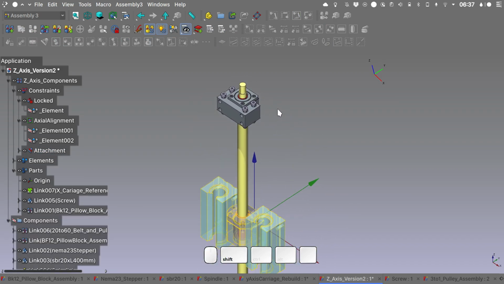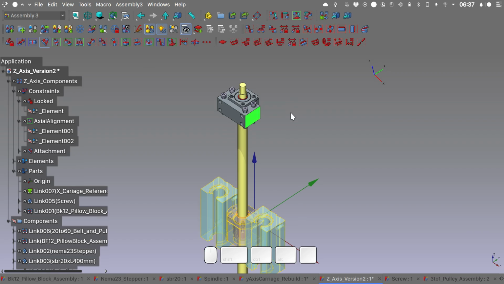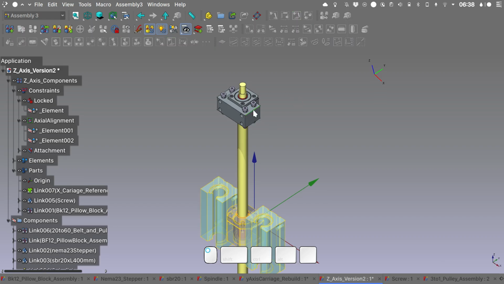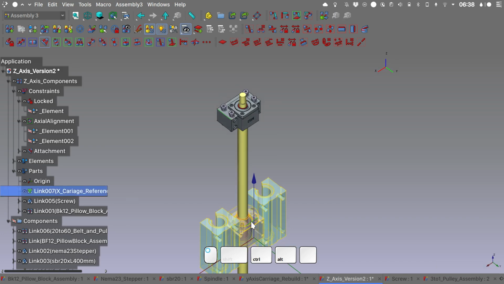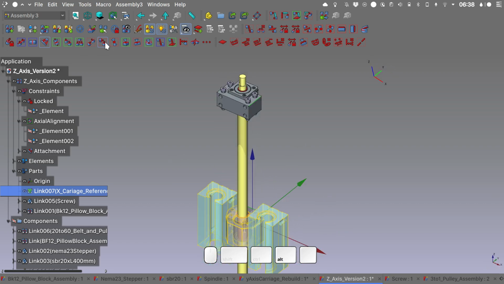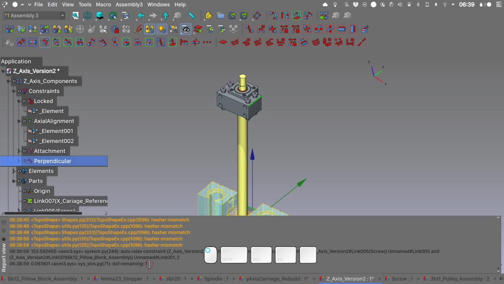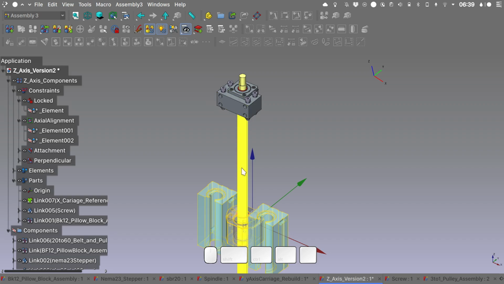Because I know that I want my pillow block to stay in place and not rotate into the assembly, I will apply to it a constraint that will remove its rotational degree of freedom. So to do this, I will select this edge on the pillow block and perhaps this edge on the SubshapeBinder that is fixed in place, and I will apply a perpendicular constraint. Report view, we have only 1 degree of freedom left, and this degree of freedom is the axial movement degree